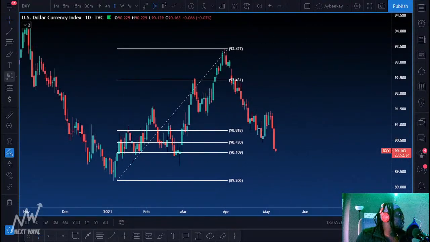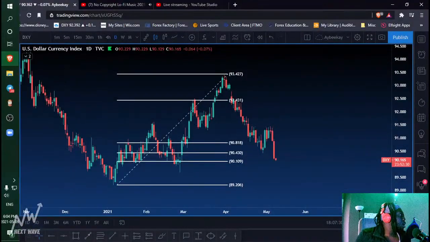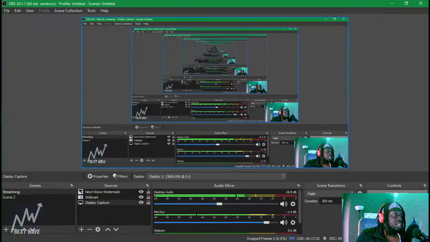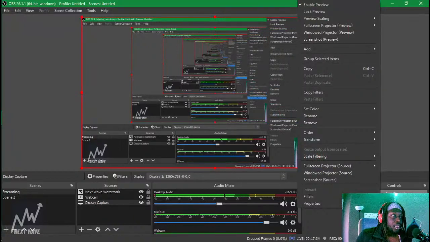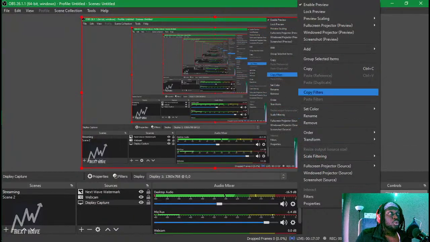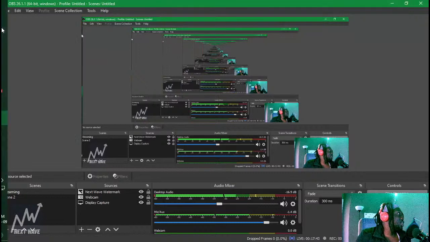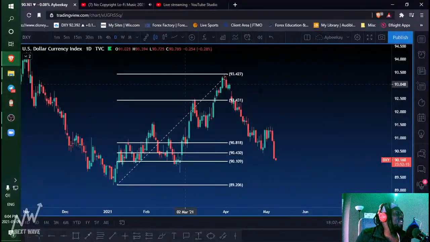And actually, hold on, give me a second. I just realized that I am playing my playback, because I need to, there we go, so that you guys can be able to see the cursor. There we go. All right,